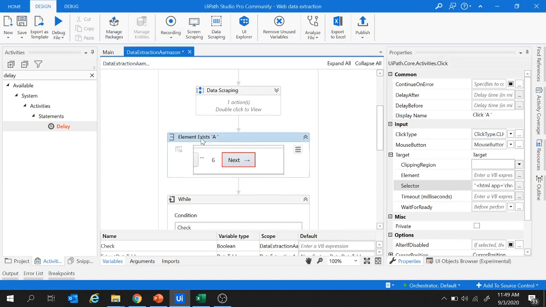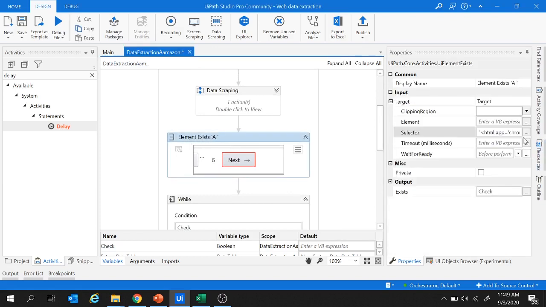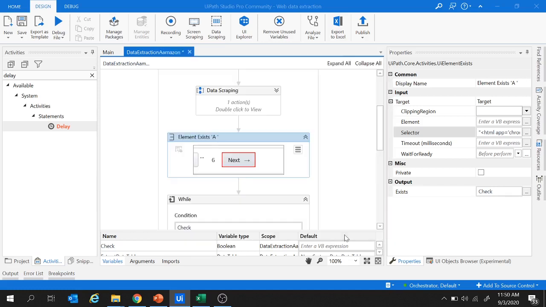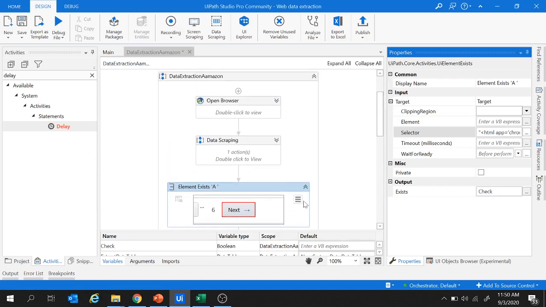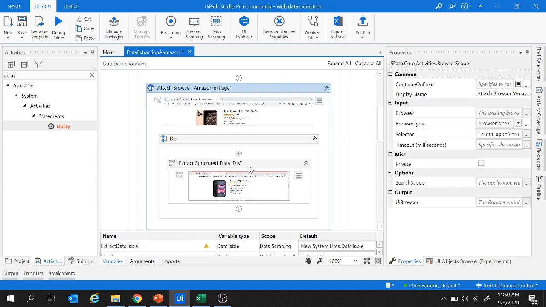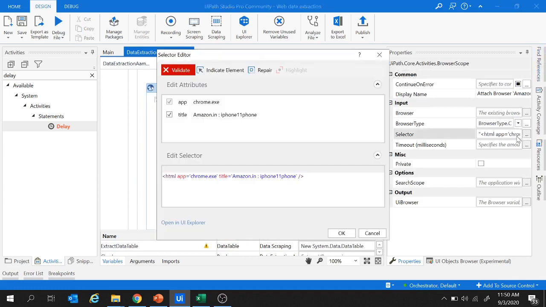Next, we'll check for this element exist activity as well. So this is also showing as an invalid one. So I'm going to do the similar thing here. And now it is a valid selector. And in the data scraping, let's open this one.